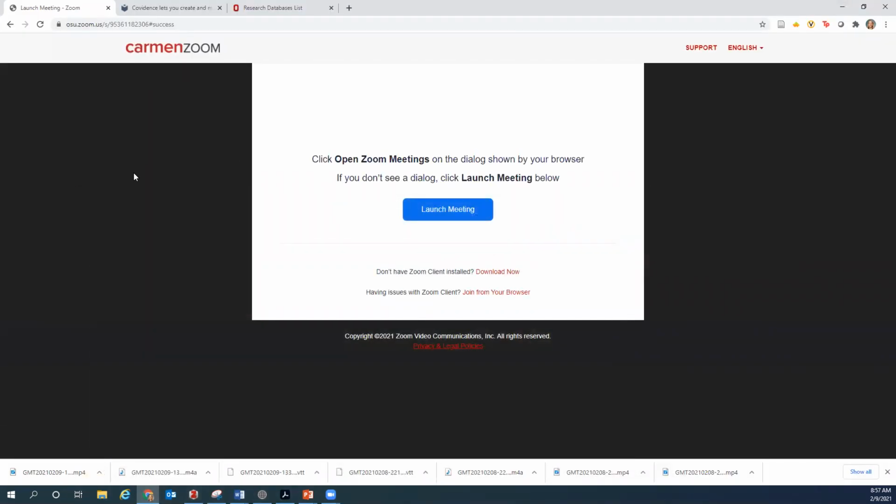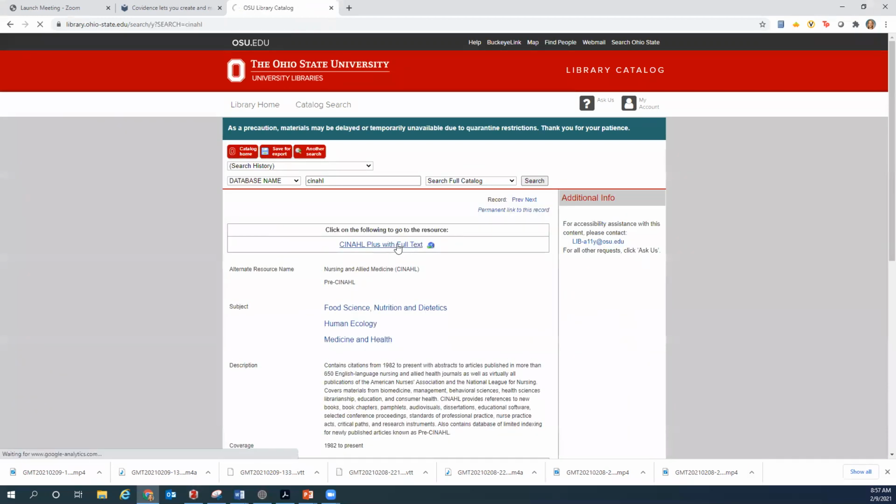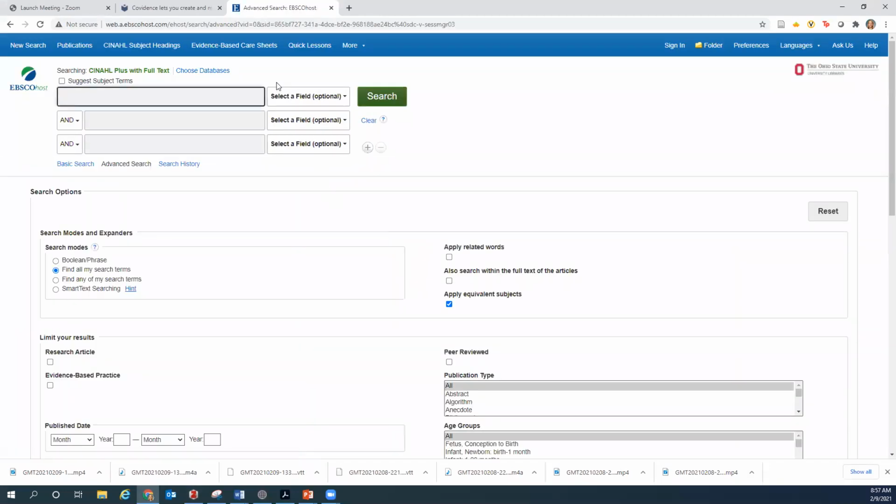All right, so let's go ahead and cast our initial search here as a demonstration for how you would go about searching a database using terms that are relevant to your PICO question. So last semester in EBP1, we talked about CINAHL. We're going to start with CINAHL here. CINAHL is going to give us a good collection of peer-reviewed journals that are relevant to the nursing literature,